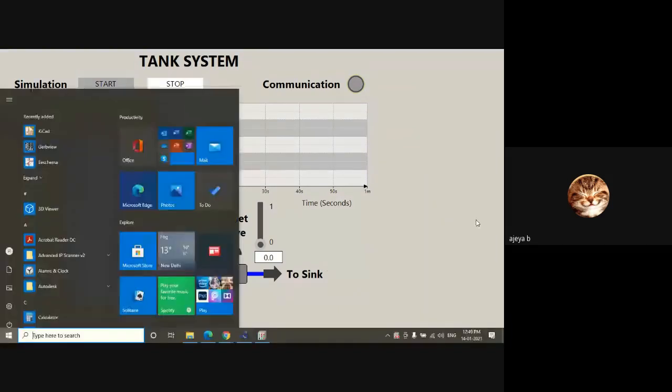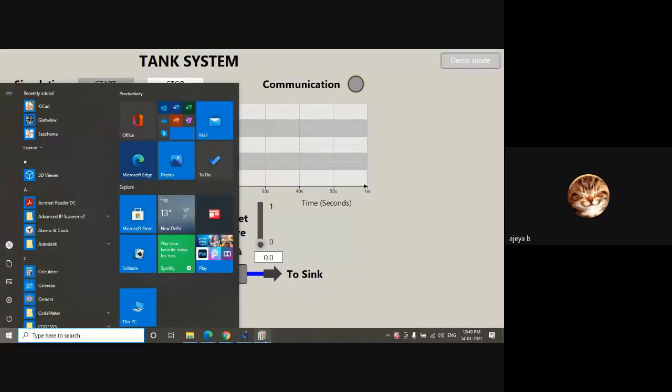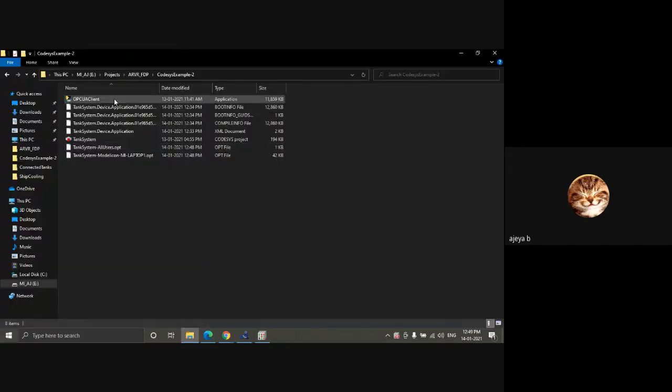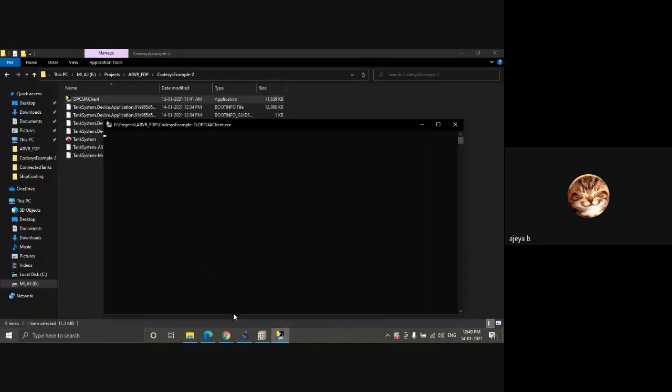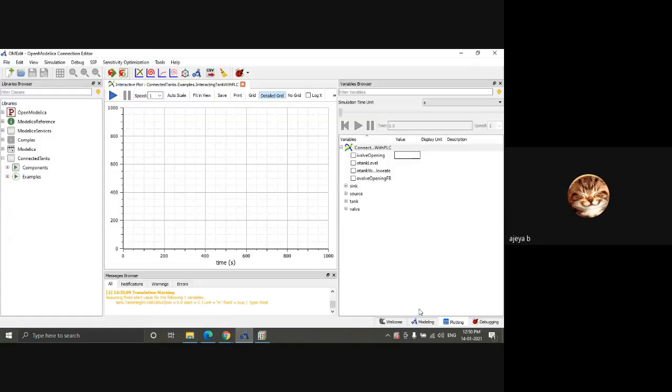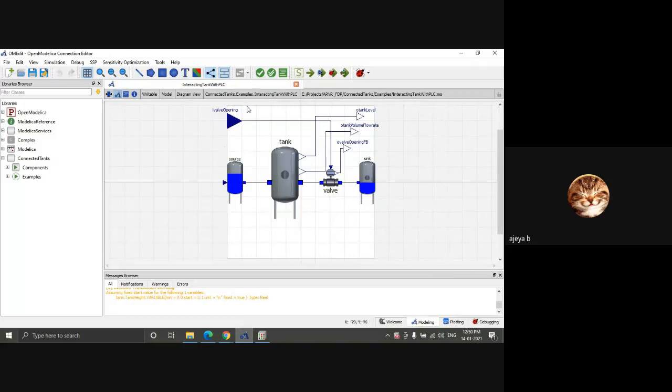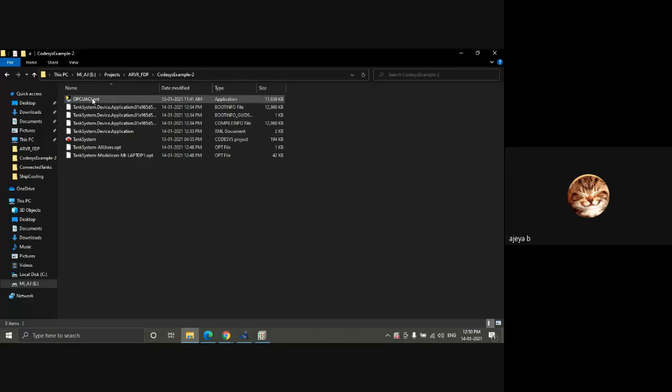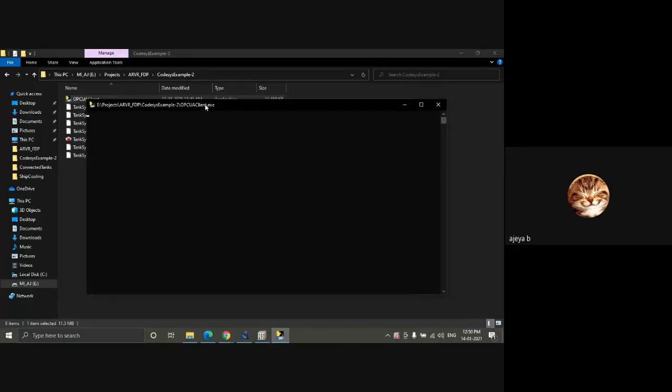So if one of the models is not running, so now CodeSys is running, but OpenModelica is not running. But still, I ran the script. So it will throw an error and it will close itself. So you can see that the OpenModelica is not running. So there's no simulation going on the OpenModelica side, but CodeSys is running, and still I run the script. It'll try to connect. It'll search for OpenModelica if it is running or not. If not, it'll throw an error and close itself. So those are some small troubleshootings. That is, make sure that you have both of the systems running.